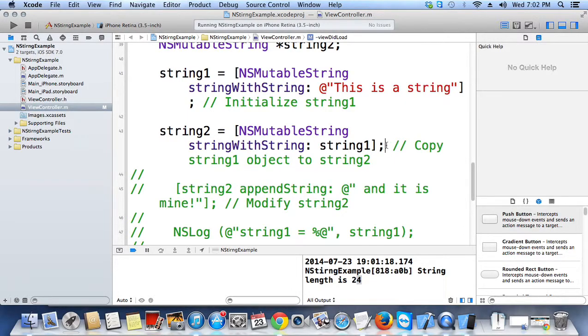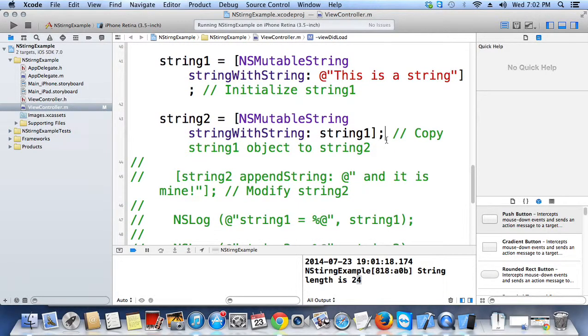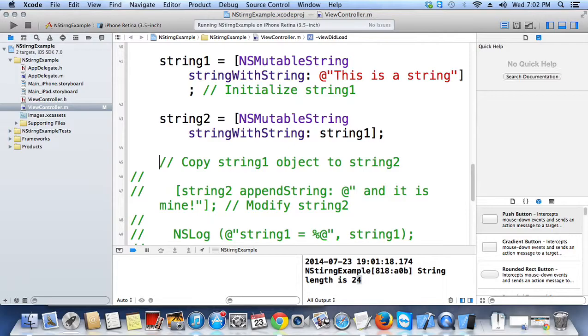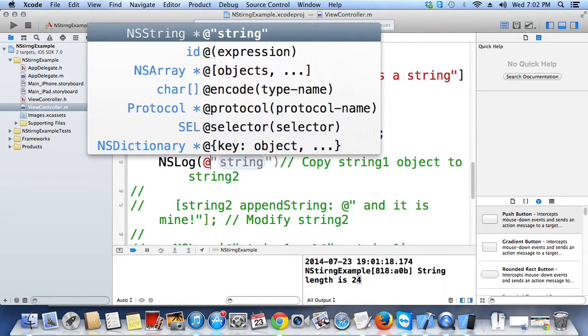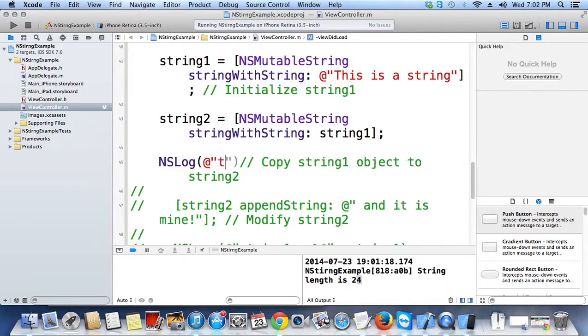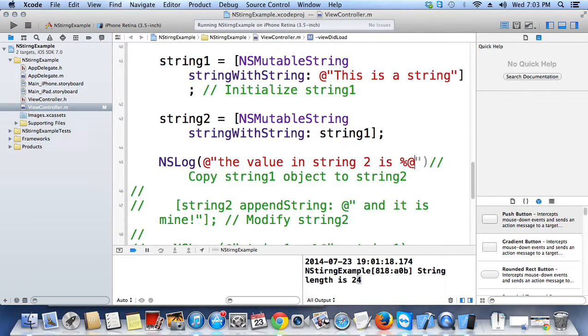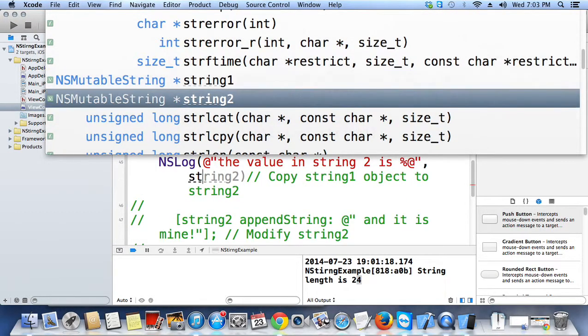If you want to know whether the value is stored in string2, you have to print that. NSLog, value in string2 is percentage at, comma, string2.